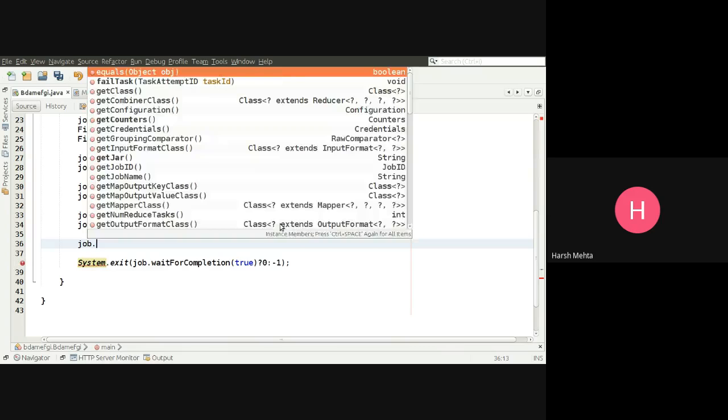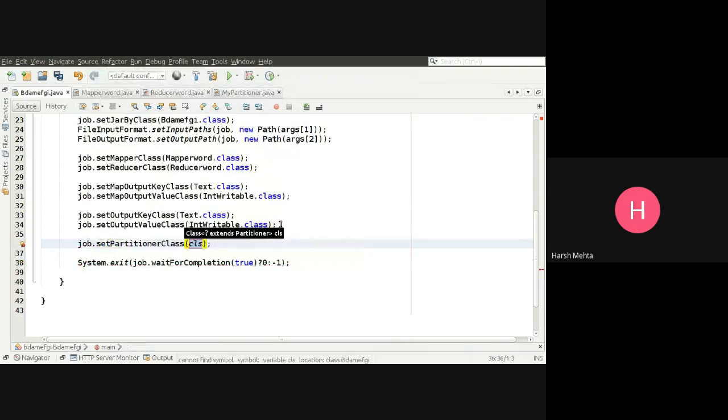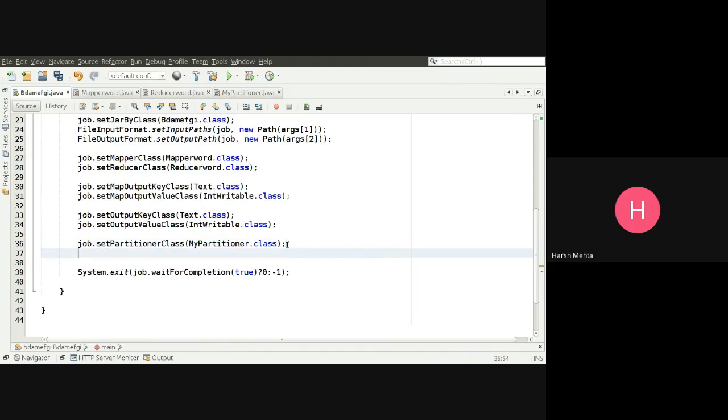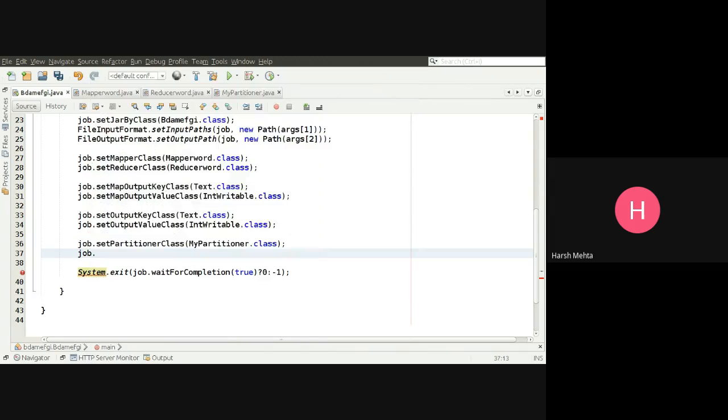So job dot setPartitionerClass, and here is my partitioner class. I'm telling it that after the reducer there is one more class. And how many partitions do we need to set? Job dot setNumReduceTasks. How many tasks do we need to give? 4 tasks.